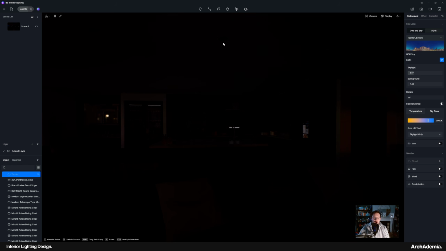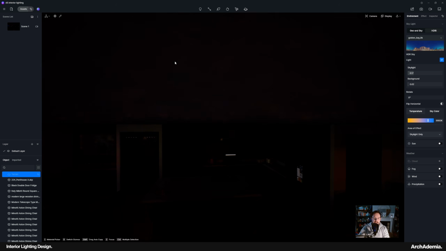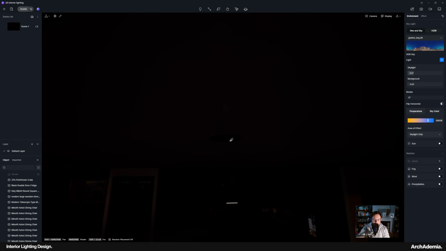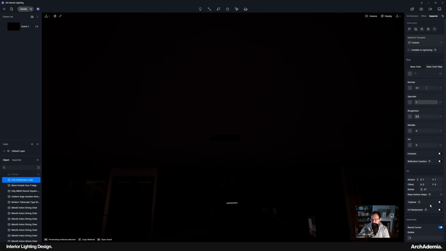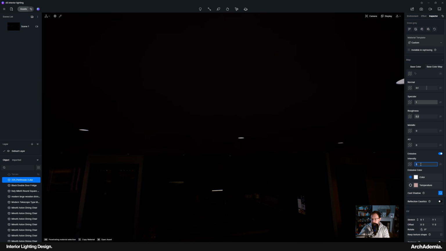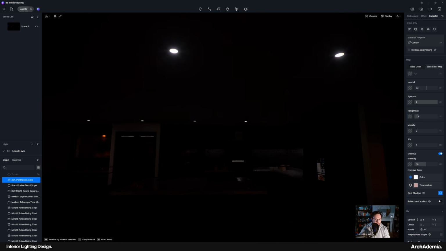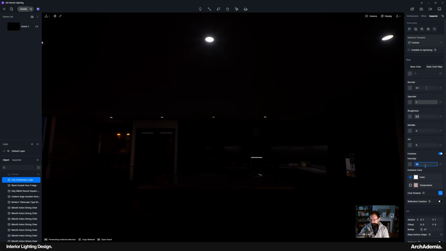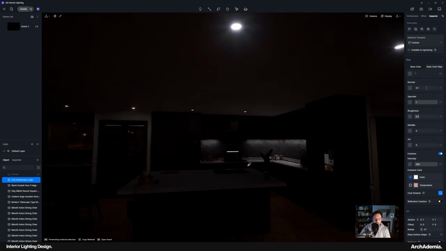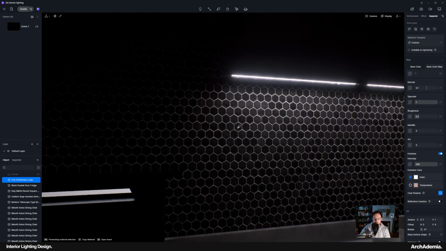So if I start by turning on the spotlight up here, all you need to do is make it an emissive material like that, and then it should, see it's just getting a tiny bit brighter. Let's just do like 500. There we go. We've got a little bit of light under the counter there. That's just because it's the same